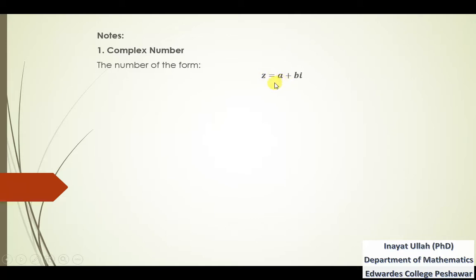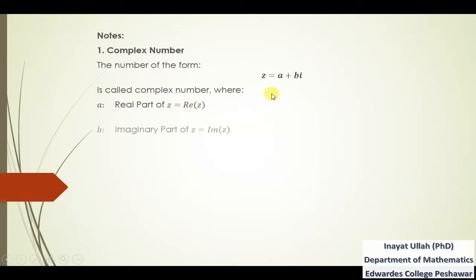So z equals a plus b iota is called a complex number, where the first part a is called the real part of this complex number z. A is the real part of z, written as Re of z. So Re of z means real part of z,